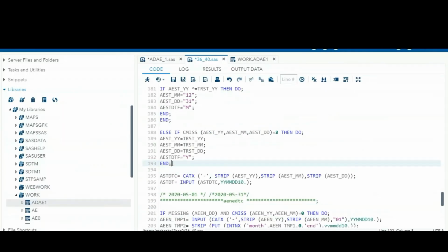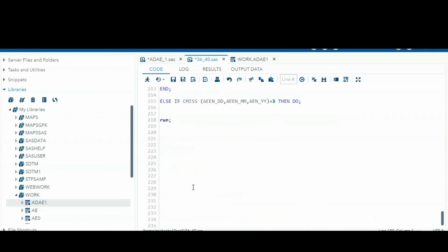So like here, everything missing, the treatment related, everything we are going to copy. So end day, end year, and end month, and end day. So here AEEN year, and AEEN month, and AEEN date,